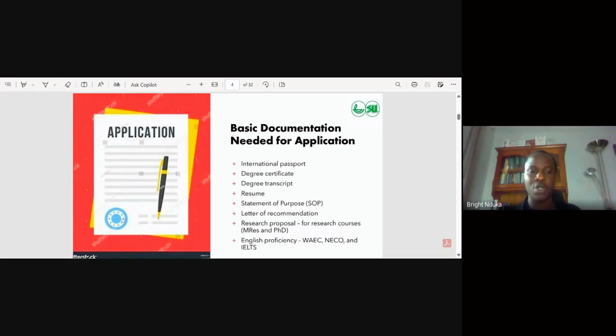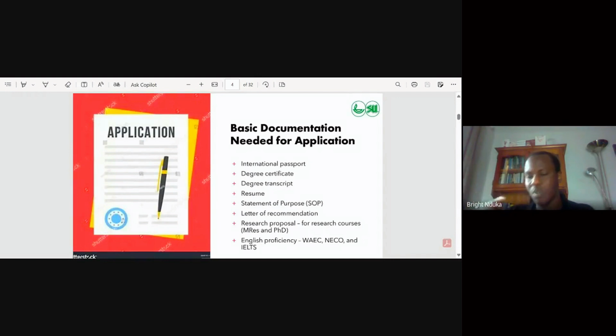So what are you doing currently that necessitated you to start thinking of going for a higher form of education, or trying to pursue more education? And then what you intend to do with this particular certificate or degree that you are pursuing. And there's another key part of the statement of purpose that you need to cover, which is talking about why the university. So to cover personal statements, for the statement of purpose, these three places: where you are coming from, where you are currently, and where you are going to.